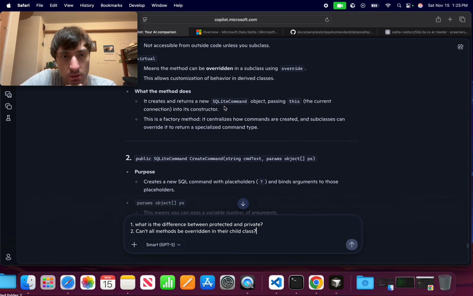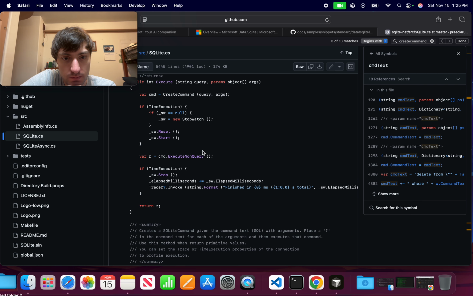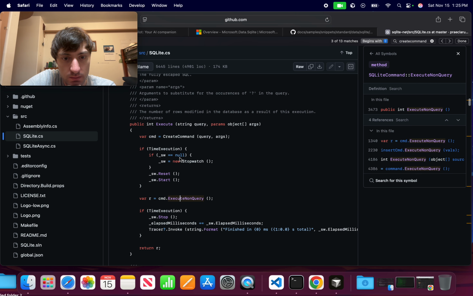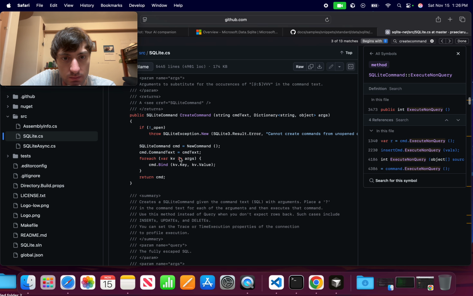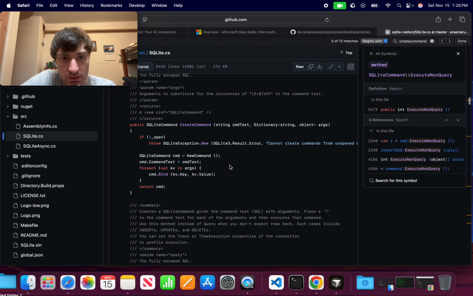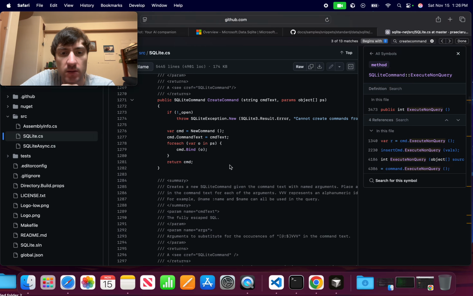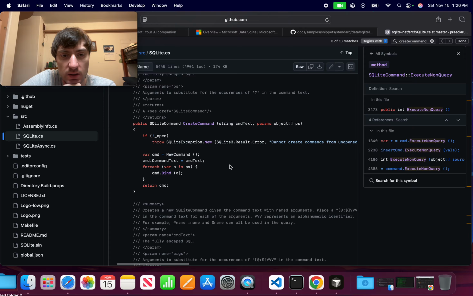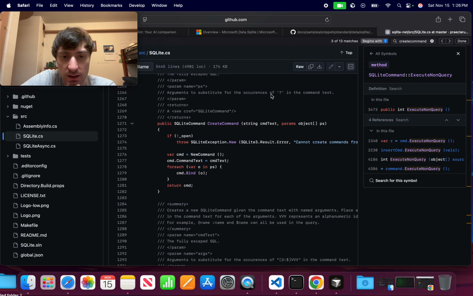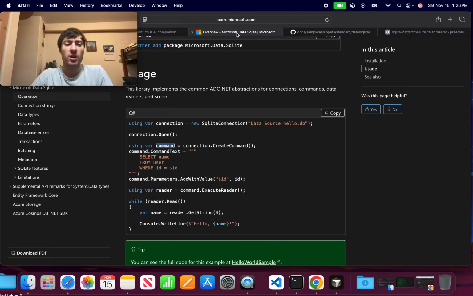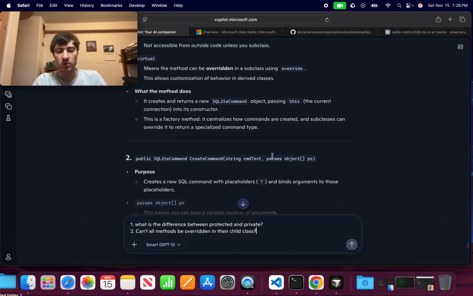Anyways, so if we're creating a command, create command. Where is it passing this? Am I blind? I don't know. But okay, so we're passing that to the constructor of